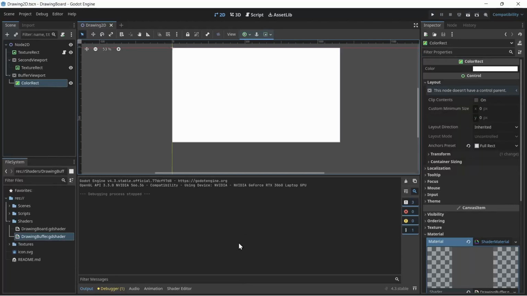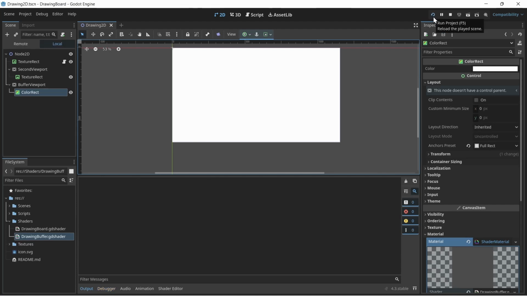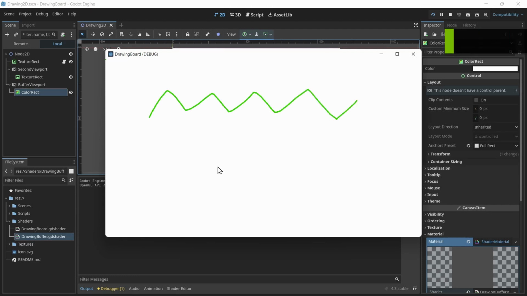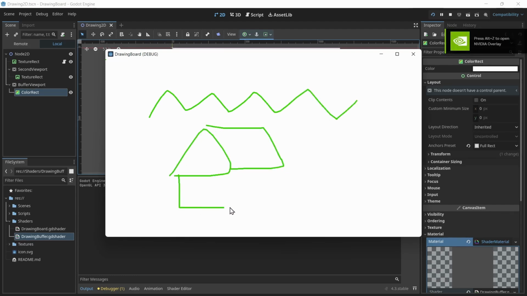Hope you're doing well. So today in this video we're gonna see an interesting project that I've done in the Godot game engine. Let me first of all play this and show you. So here in this project we can draw with the mouse on a canvas item. Like this, I can draw a house, and I can also change the color of this